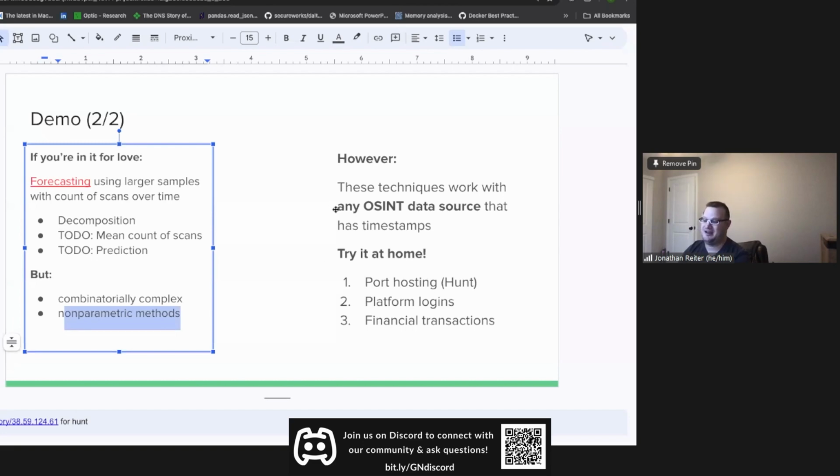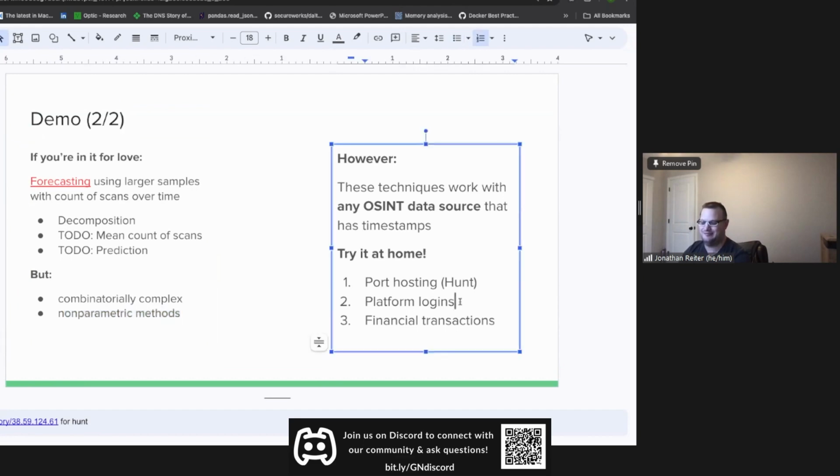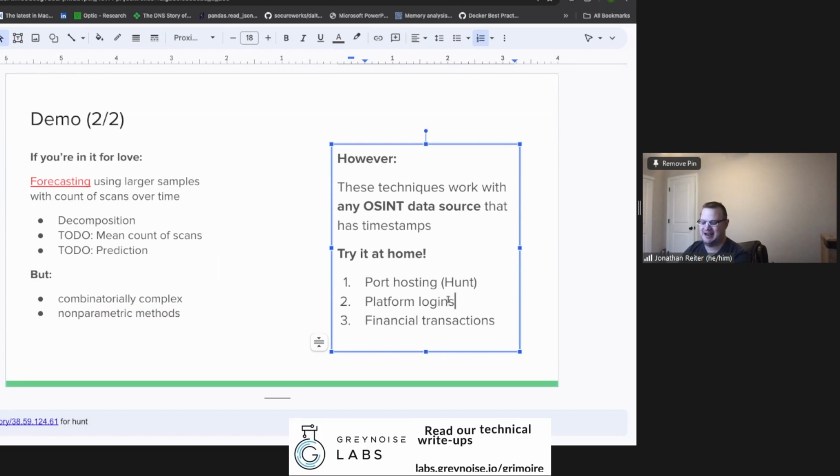However, in general, looking at correlation across timestamps is really useful. Use it for platform logins. A friend liked to look at timestamp correlations between, say, Twitter and Gab, and maybe an offsite WordPress site, which is really useful if you want to see where shared narratives are coming from. It's definitely used to track financial transactions. Timestamp correlation is used for